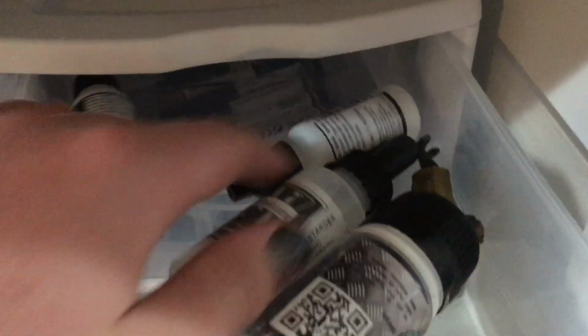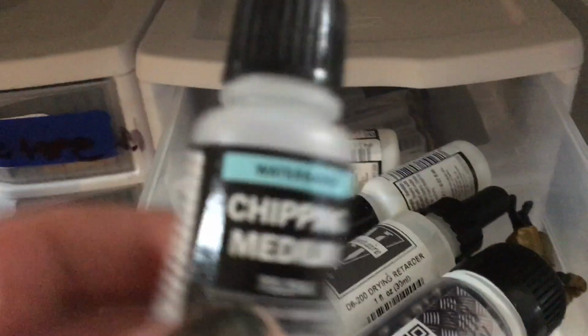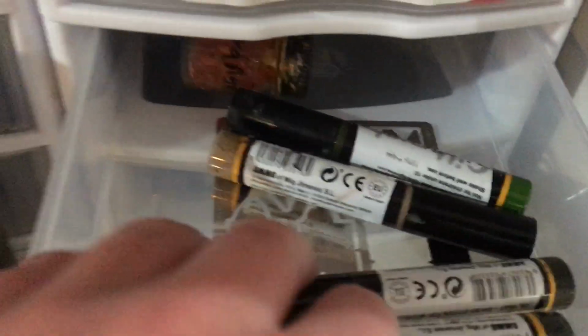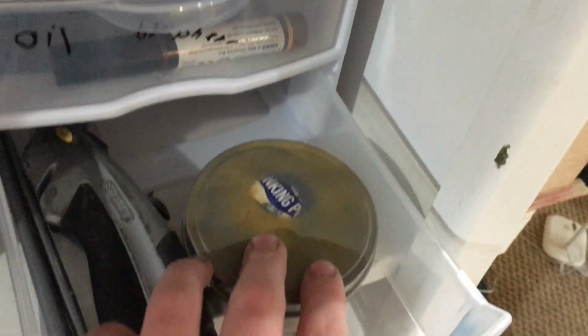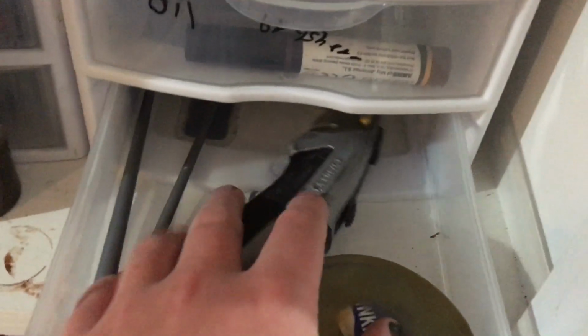Okay, here we go. Some paint retarder and the Vallejo varnishes. I don't really like those. Chipping medium, it's fine. And ball bearings, oil brushes, and then there are the Tamiya razor saws. And then there's a rust pigment that I made from a bunch of different pigments. More thinking putty that actually doesn't have, I don't know even what this is in here. It's nothing in there. I use that other stuff for masking, and then just a